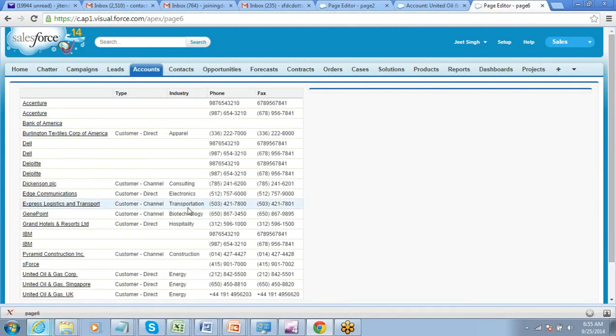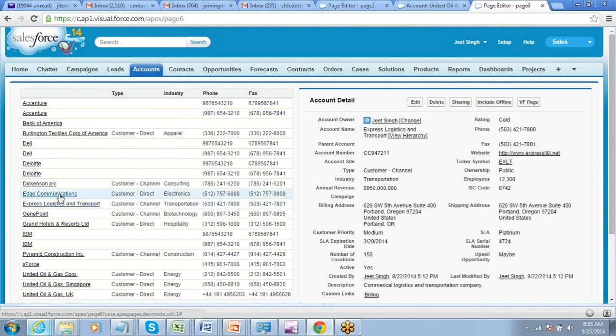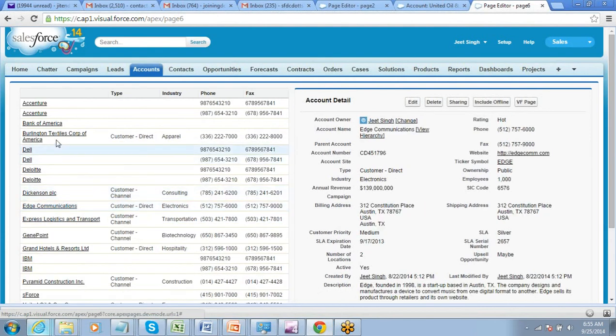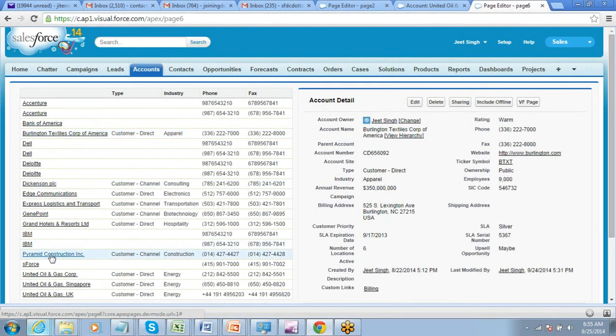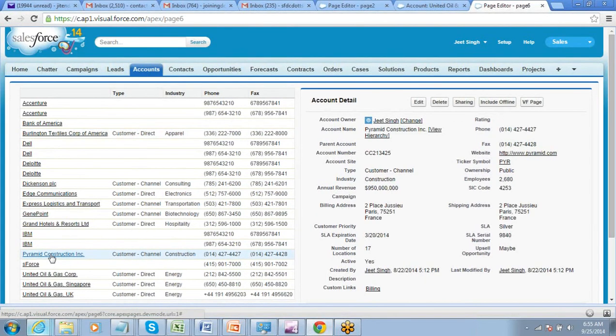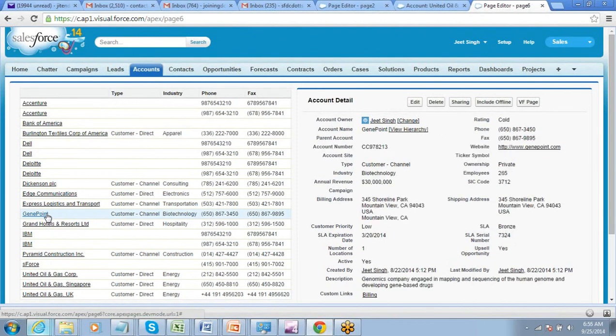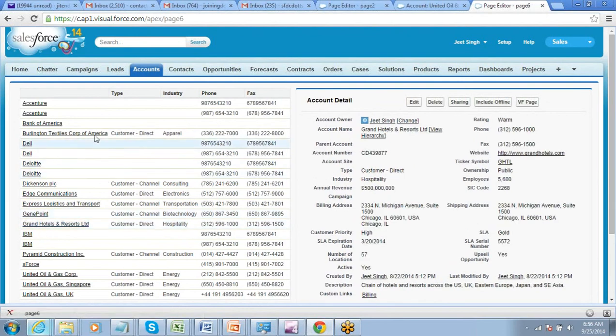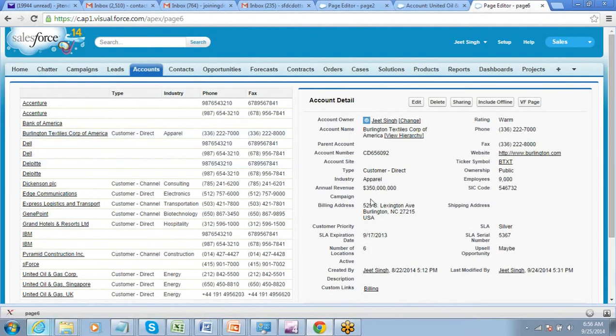So now if you click on any of the records, you will see the complete page is not getting reloaded. Now it's faster. Right? So performance wise, your page is better now. You are not moving out of the page, or reloading the entire page. You just click on this and only this part is being updated.